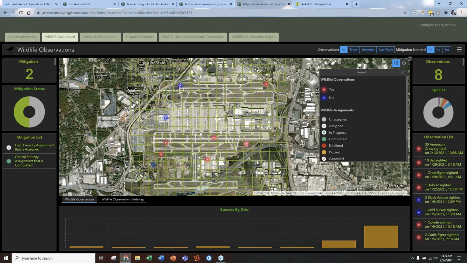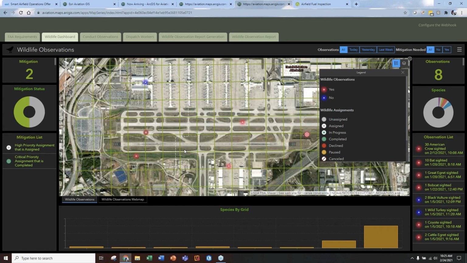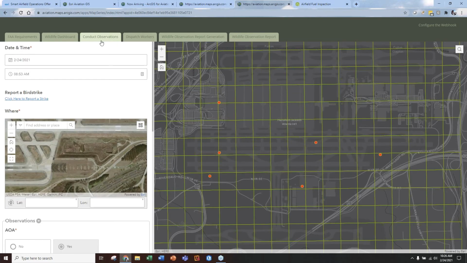wildlife observations, that maybe you've got a wildlife biologist that goes out to the airport and then conducts these wildlife observations. And the dashboard, as you can see here, shows wildlife observations that were either issues or not, and then workforce assignments that have been assigned to actually mitigate any of these wildlife issues. I won't go into too much more depth because I'm getting a little close on time, but keep in mind, again, the dashboard gives that real-time access to the manager of the airside, and then the ability for a mobile